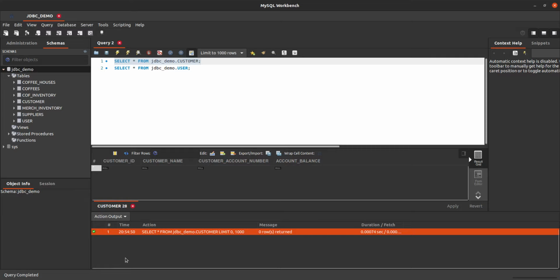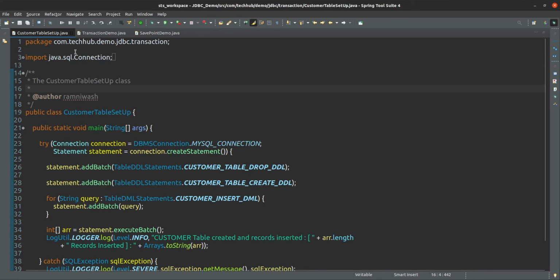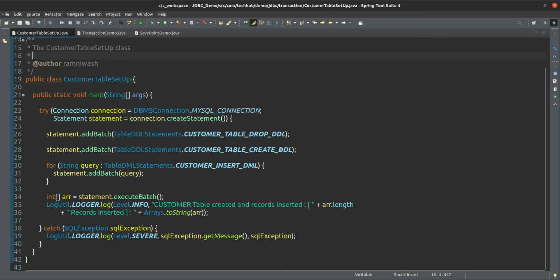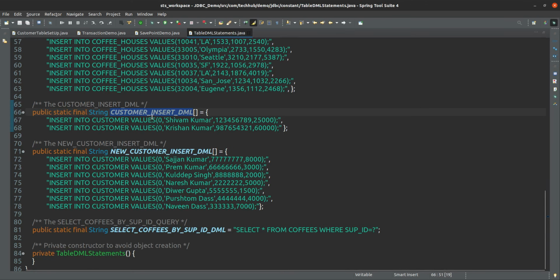So currently we have to insert two records here, then we will see the transactional demo. So we have to set up the table. We are inserting these two records: Shivam Kumar is a customer name with this account number and this bank balance, and this is the account number and bank balance for Krishan Kumar.